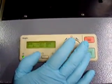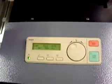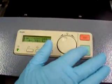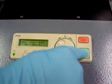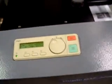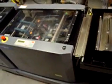Once you've got to the point where you've got everything set up, you're sure you're right on your setup, the first thing you're going to do is push and hold the start button till you hear that second beep. Now I'm going to calibrate the system. Takes a little bit to get going. Nothing wrong, this is